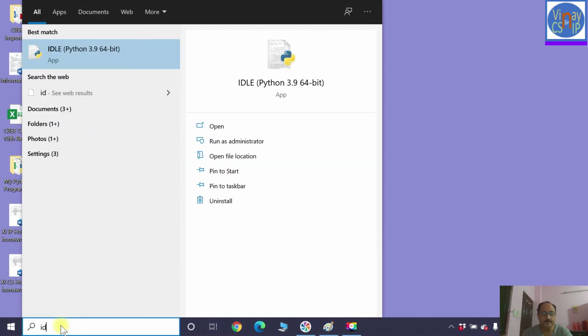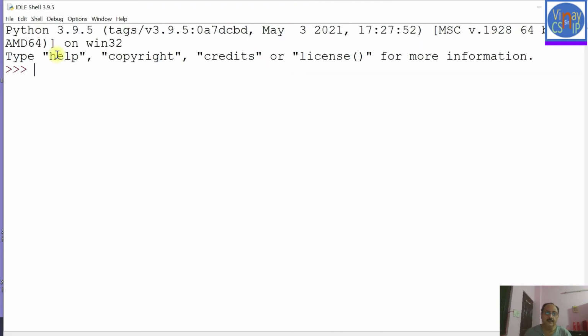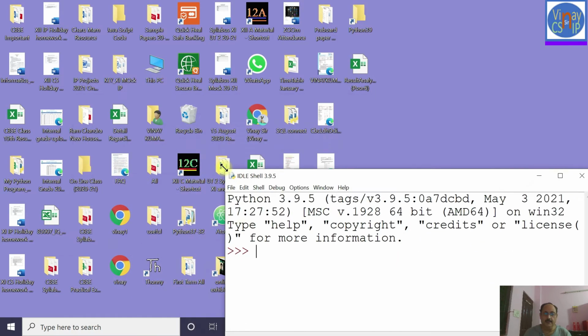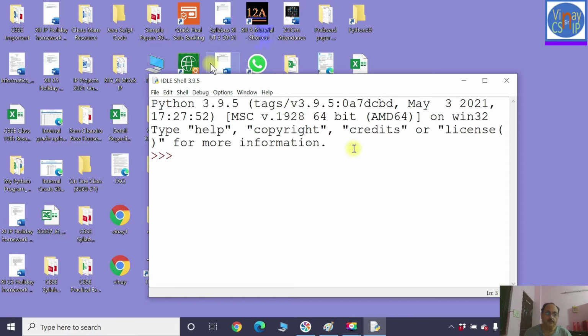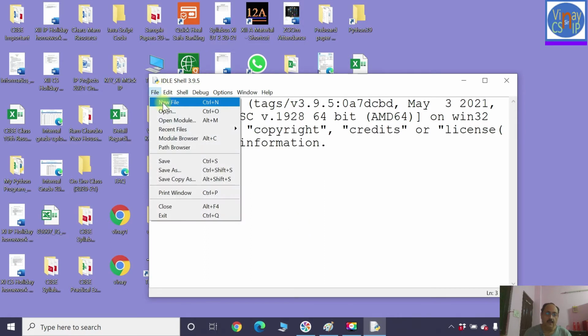I'm typing ideally. So ideally is here, and let me just resize it. So yes, it is resized. And now I am creating a new program today, to find out which of two numbers is larger.